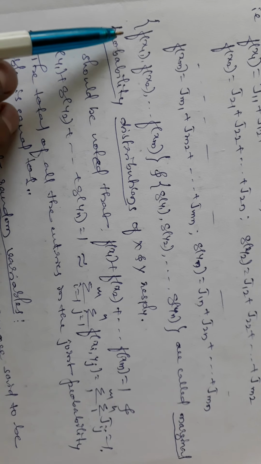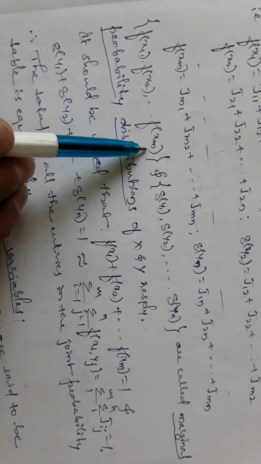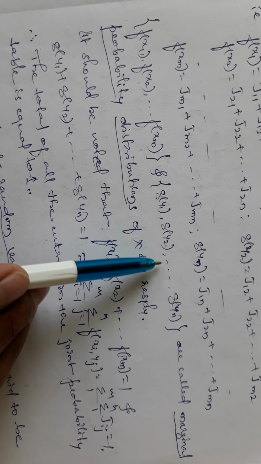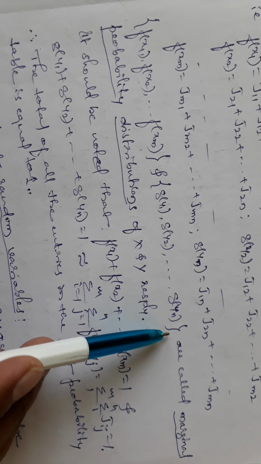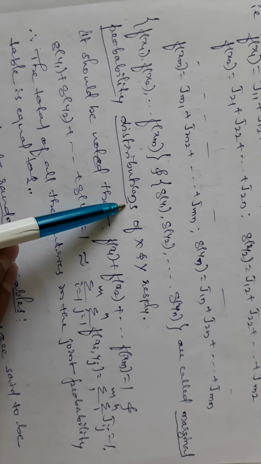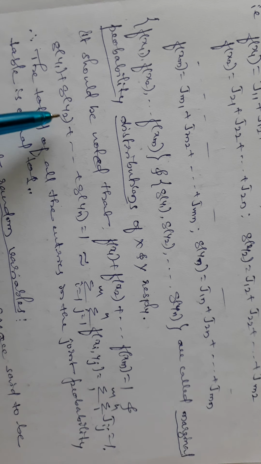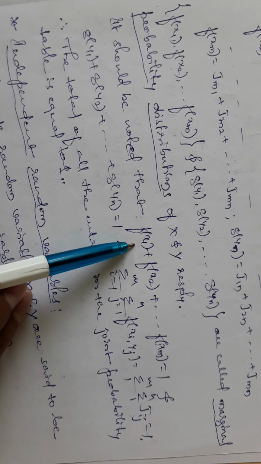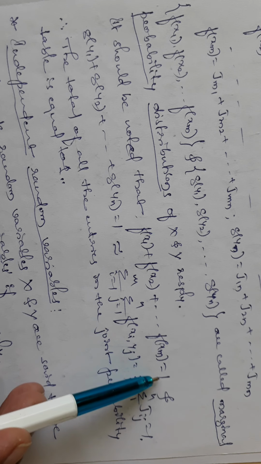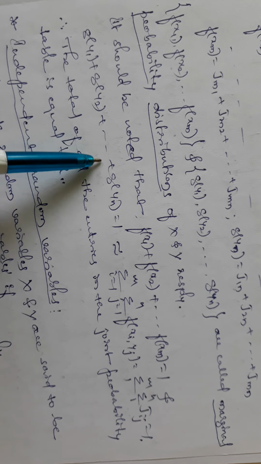Now the set of f of x1, f of x2 and so on up to f of xm, and the set of g of y1, g of y2 and so on up to g of yn are called marginal probability distributions of x and y respectively. It should be noted that f of x1 plus f of x2 plus so on up to f of xm equals 1, and g of y1 plus g of y2 plus so on up to g of yn equals 1,